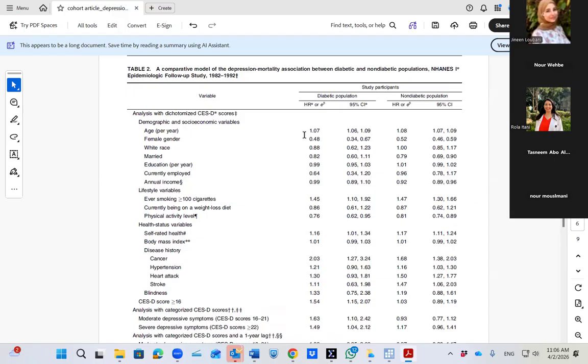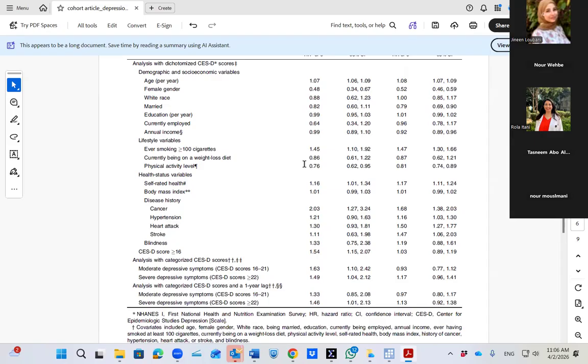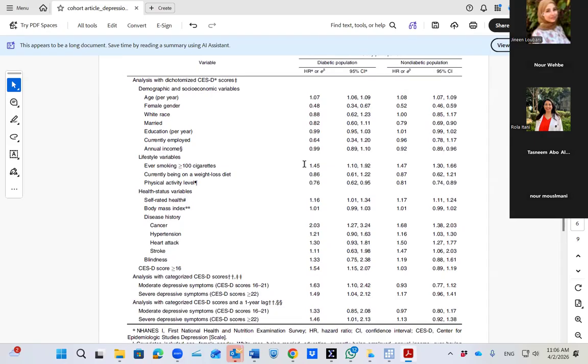So what are these hazard rate ratios? First they're saying that this is analyzed with dichotomizing the SSD score. So that's how the SSD scores are analyzed, 1 to 15 and 15 plus. And then